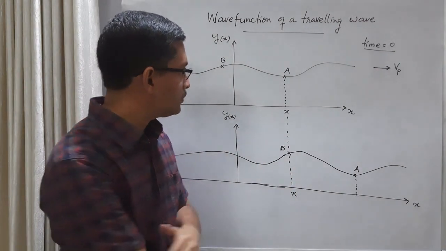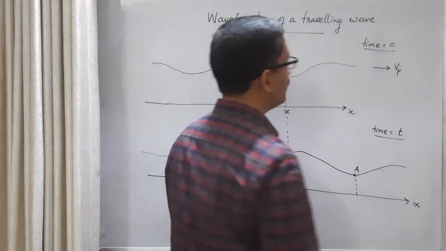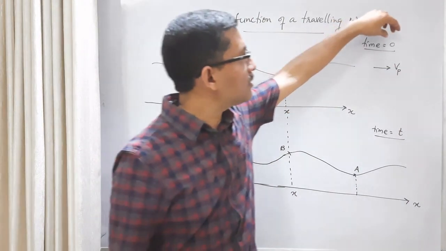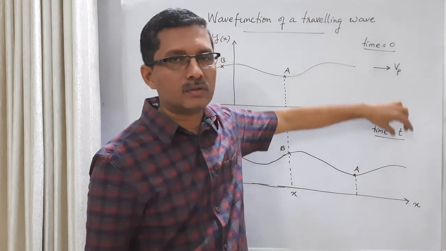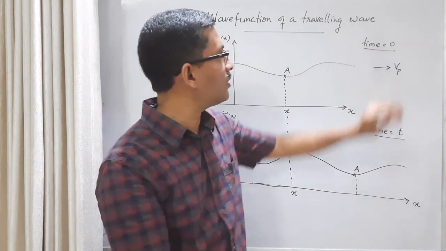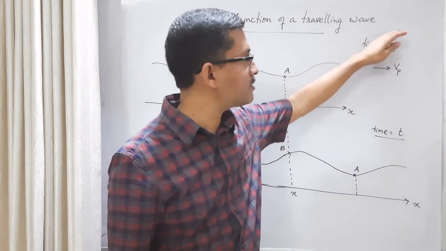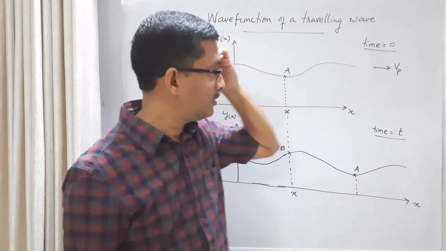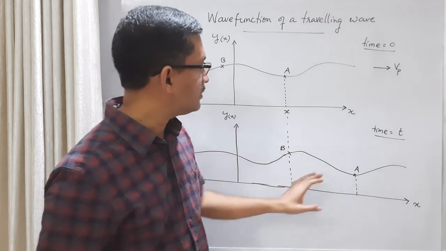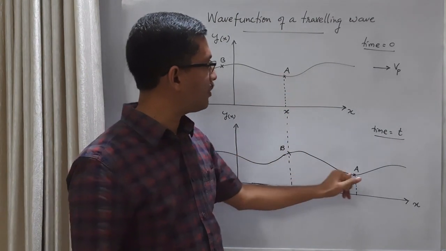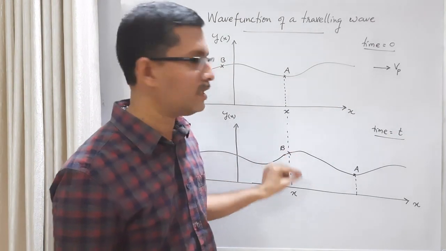So this is at the time t, after the initial time. So this 0 is simply the initial time. Maybe we can call it t1, this is t2. So t2 minus t1 is t. So instead of t1, let me say 0. Then if this is 0, this difference will be t. So after t seconds, if we take this snapshot, the situation is like this. This valley point reaches here, and this uphill point reaches somewhere here. So at the point x.